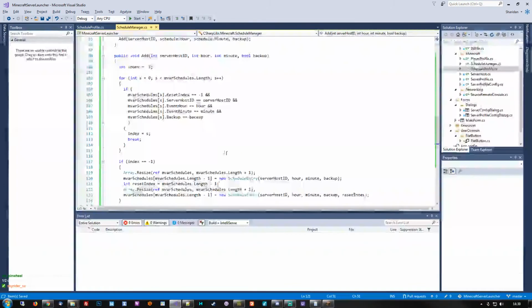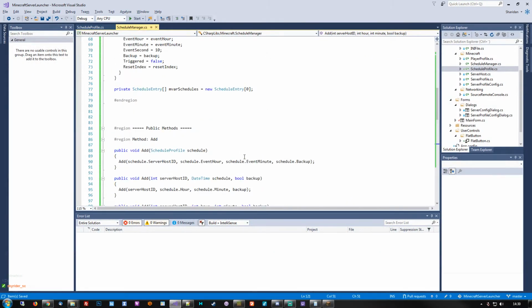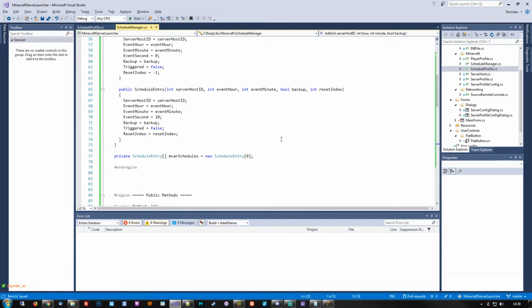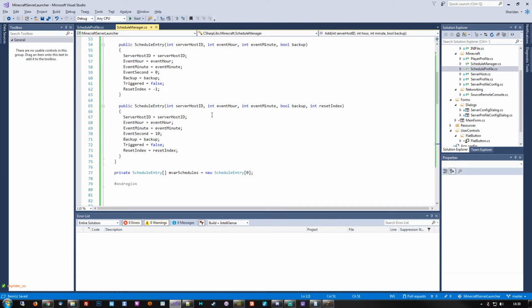All right, so we can now add to our schedule manager. We have the ability to schedule a specific event to happen, and we have the ability to configure a reset of the flag that handles whether this particular event has been triggered or not. What we still don't have is something that actually does the time monitoring. So